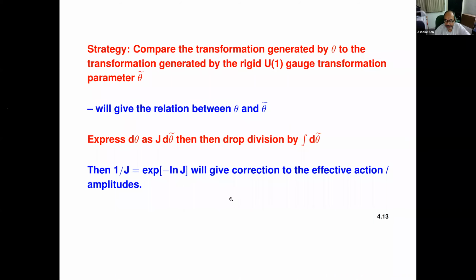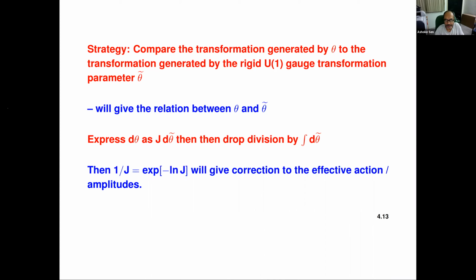Are there questions? Yeah, can you remind me what this rigid U1 gauge transformation is? Yeah, in fact, you will see it in the next slide, but I can say it right now. Every D brane has a U1 gauge field living on it, right? This rigid U1 is when the gauge transformation parameter doesn't depend on the space-time coordinates. On the D instanton, there are no space-time coordinates, so we only have the rigid U1.